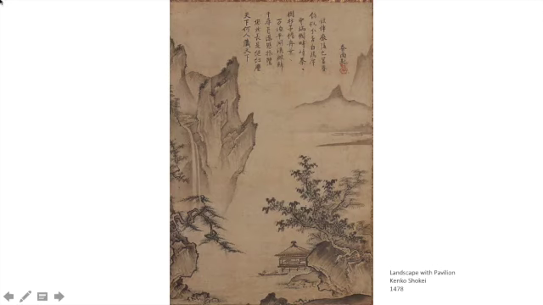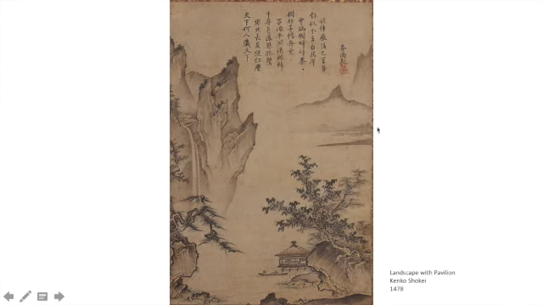These images have links on my blog for you to find them, and you can either put them into a slideshow presentation like this on PowerPoint, or you can print them out and bring them into class to have a discussion with your students. This image is from the 1400s, and you can see that it has a foreground, middle